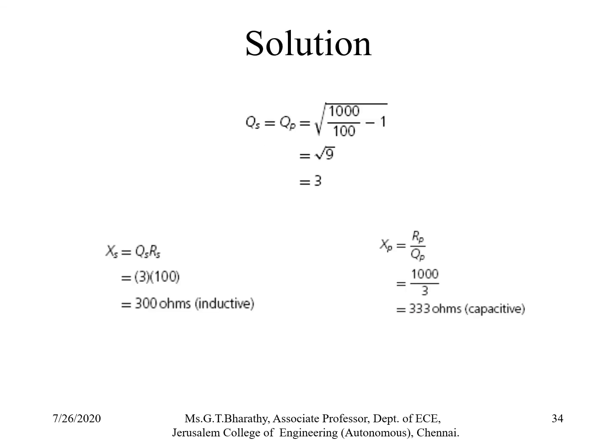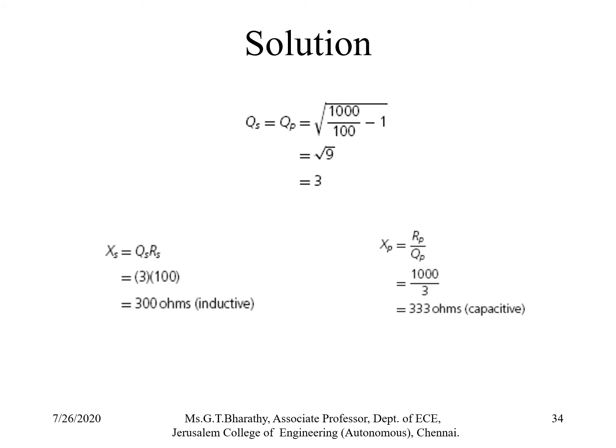So already I have given you the formulas. The formula used here is Qs is equal to Qp is equal to square root of RL divided by Rs minus 1, that is 1000 divided by 100 minus 1, which gives you a quality factor equal to 3. Once you find the quality factor, from it you can find the series reactance and the shunt reactance. The formula for series reactance Xs is Qs into Rs. So we have calculated Qs as 3 and Rs as 100,